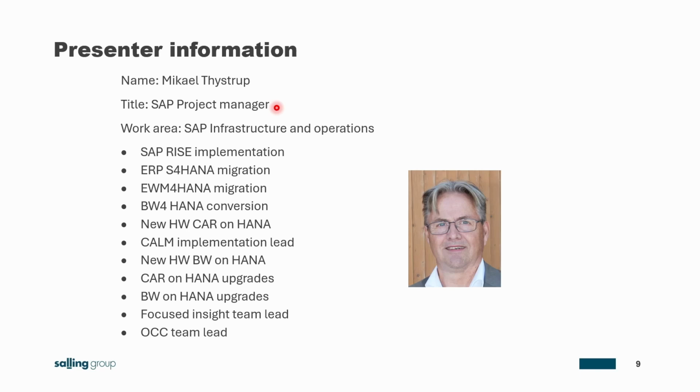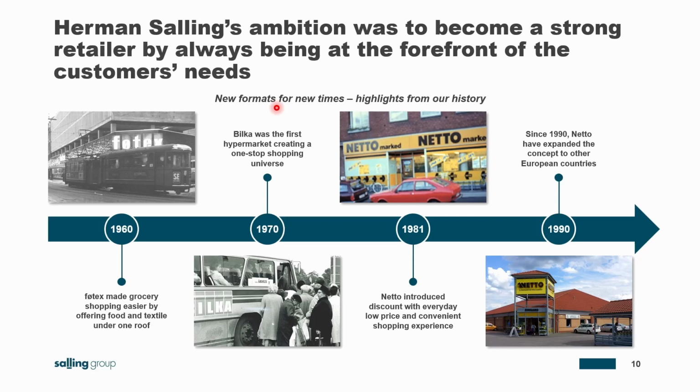We have been doing so for the last 12 years. Salling Group is a Danish retailer, and the heart of Salling Group is that we do things orderly and proactively. So we are very pragmatic also. You will see Salling Group moving forward rapidly with different approaches. Some are failing, but some are succeeding very well.